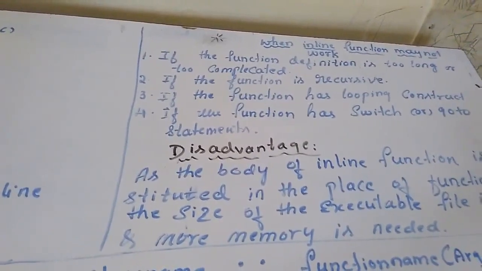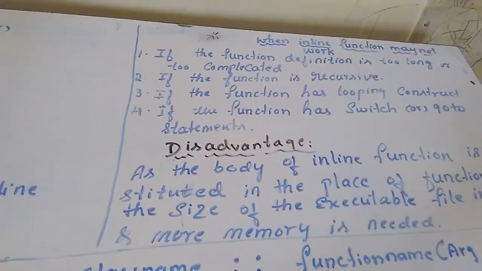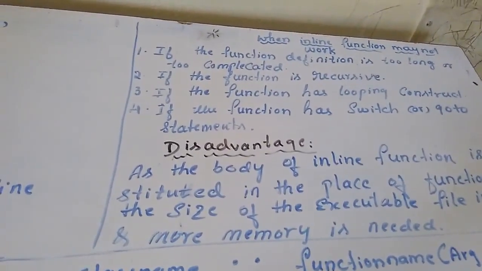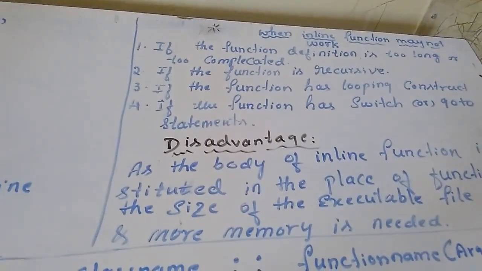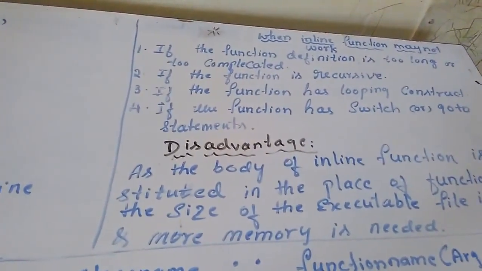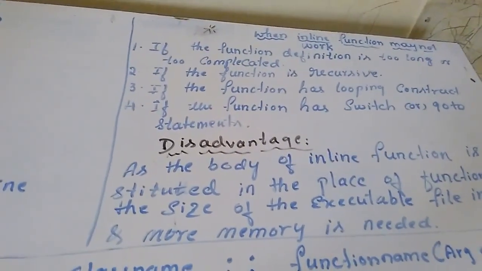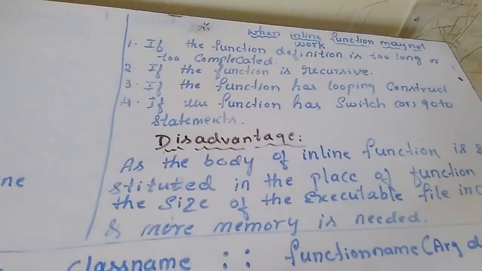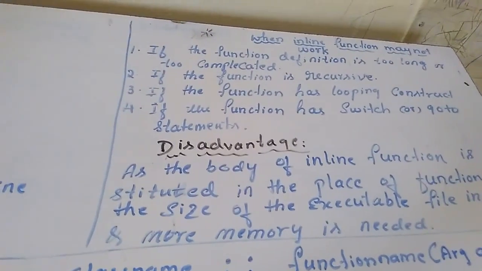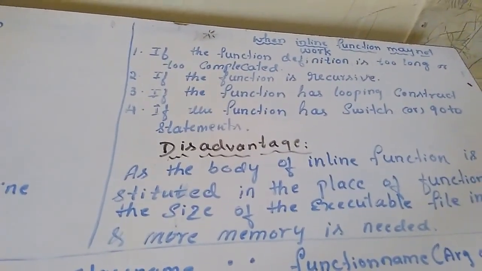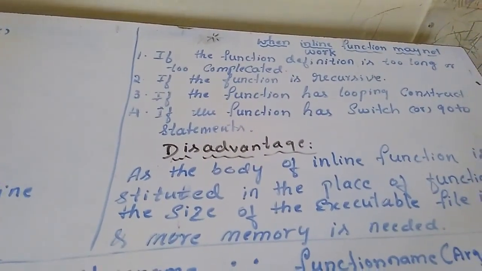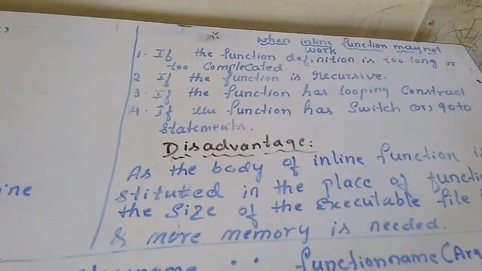Though you make a function inline, if that function has too many instructions or the code is very complicated, then it cannot expand as inline. That is the first point. If the function definition is too long or too complicated, then inline function may not work. And if an inline function has recursive statements, then also it cannot execute as an inline function. What does it mean? It means the code will not come to the calling statement. It executes as a normal member function. That is, control will transfer from the calling function to the called function and execute the statements. Again, it comes back to the calling function.